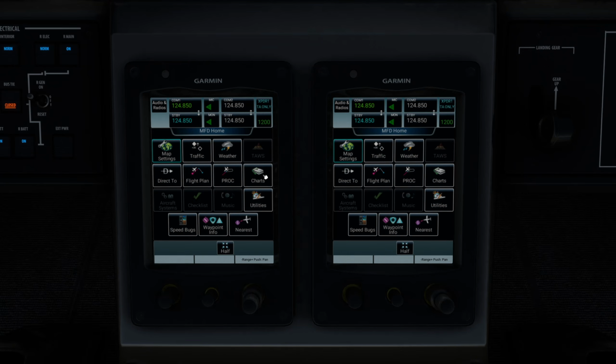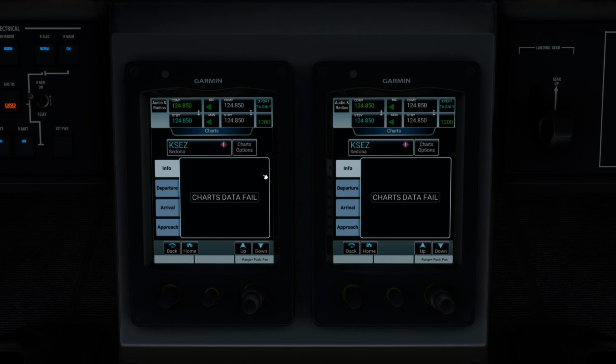The chart screen is very nice to have. Only thing is, this will only work if you have an active Navigraph subscription. Navigraph is something that we will talk about in a video coming up in this series, but it is essentially a service where you pay a small monthly fee. I think it's around $8 a month, or you can decide to pay by the year and get it a little bit cheaper. But for what it does, $8, $9 a month, whatever it is, in my opinion, a pretty darn good value